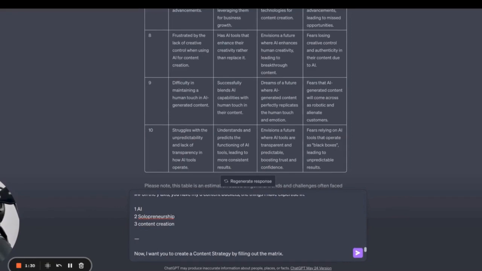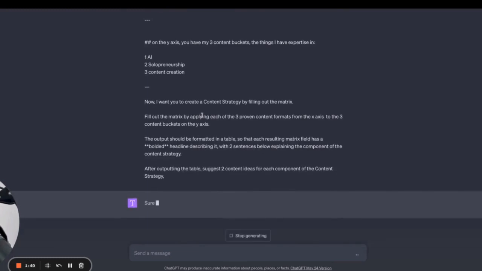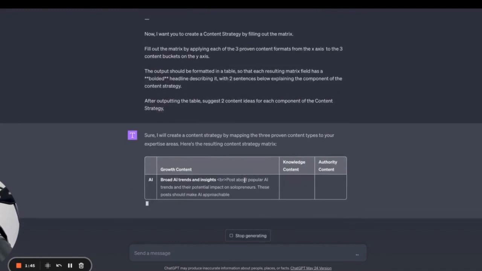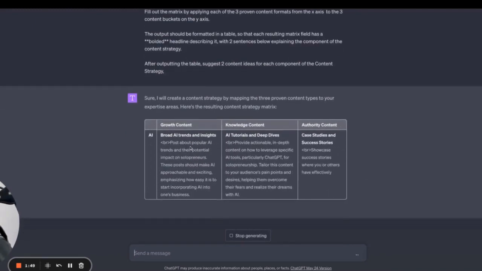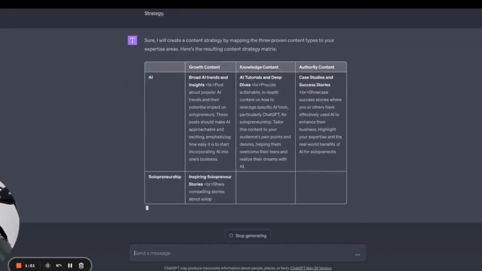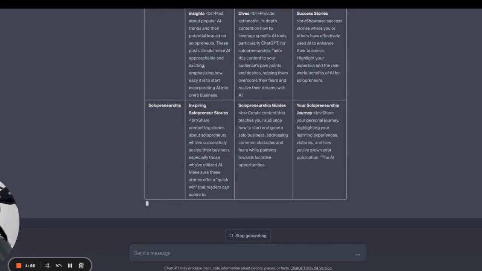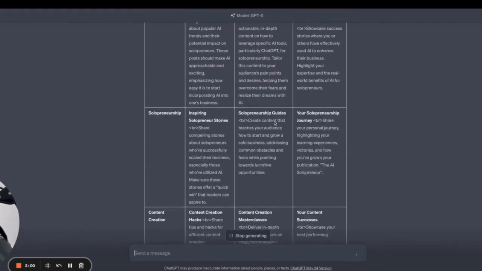And now before we run it, the output will give you a lot of ideas on how to use different content formats to basically create a content strategy. So let's have a look at this. And I've seen agencies charging thousands of dollars for this. It's pretty basic, but super, super powerful. In the last lessons, we talked about how important it is to have different content buckets, to have growth content, to have knowledge content, and to have authority content. And you have to balance those out to get the perfect growth.